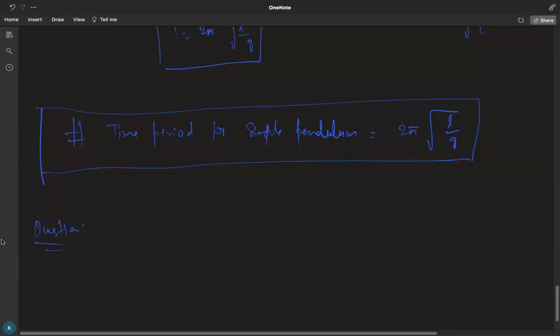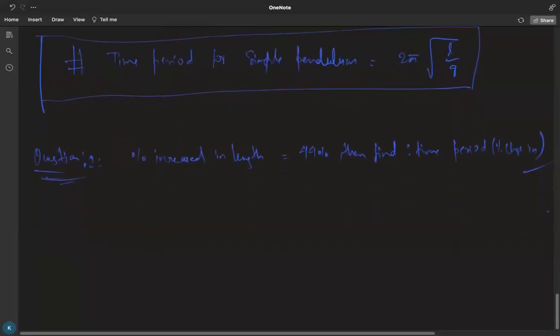Let's take a quick question here. We are given that the percentage increase in length is equal to 44%. Then you have to find the percentage change in time period. So look here, our length is increased by 44%. So let us assume